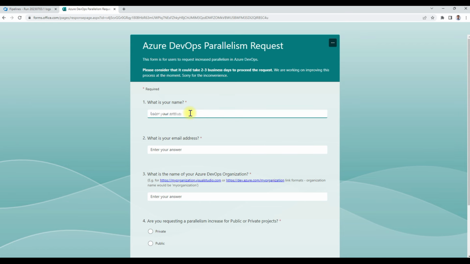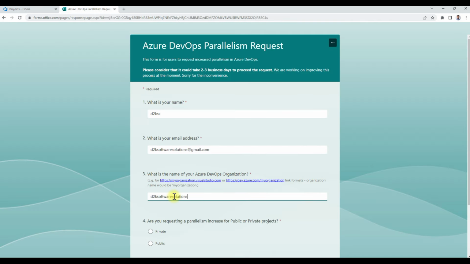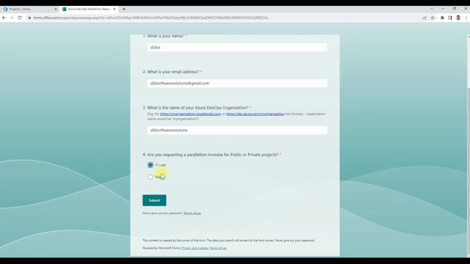So I'm going to give my name, D2K Software Solutions. So I'll give this as D2K SS, and D2K Software Solutions at gmail.com, and the name of this organization. How can you get this organization name? This is the organization name, so you can copy this. It is the same as my email, and you might need one parallel job for private,